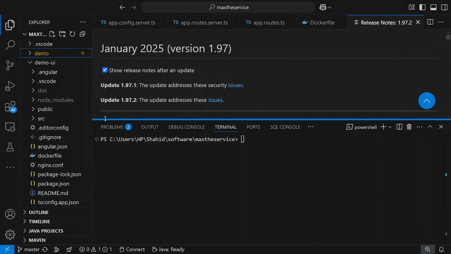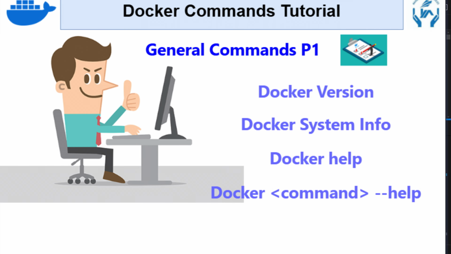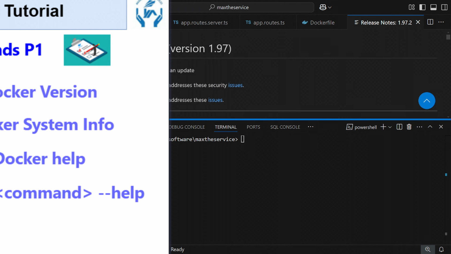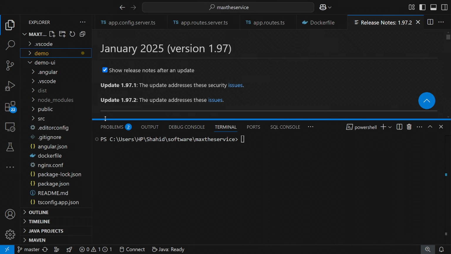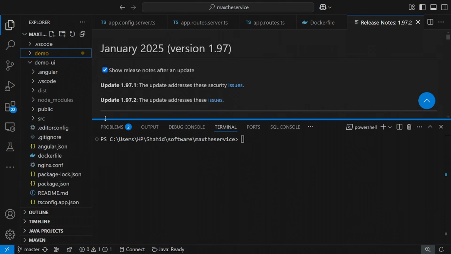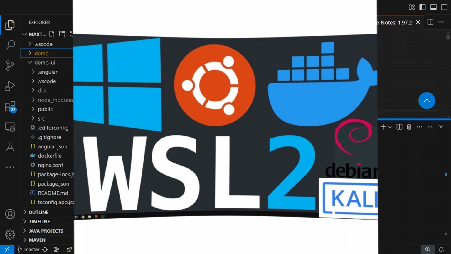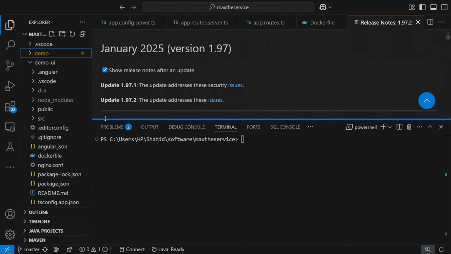So first of all, we will use general commands. Generally we use three commands, which are docker version, docker system info, and docker help, and we can use docker help for whichever command we need help with. First of all, guys, make sure that you have installed Docker as well, and also if you are on Windows, then you must have Docker with WSL, Windows Subsystem for Linux installed. So as a general command, the first command is